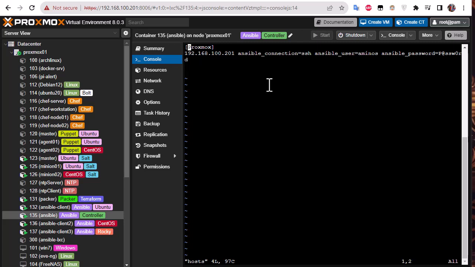So here I'm putting the host name, what we call here a group actually. Here I have only one host under the group Proxmox, so you can name it whatever you want. I'm naming it Proxmox because I'm running Ansible against a Proxmox host. And here you have to give the IP address of our Proxmox, which is that